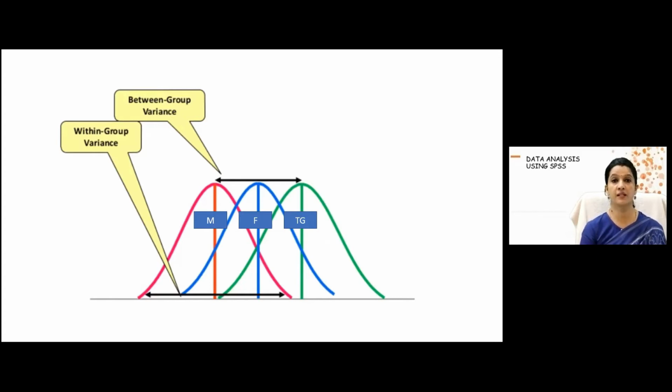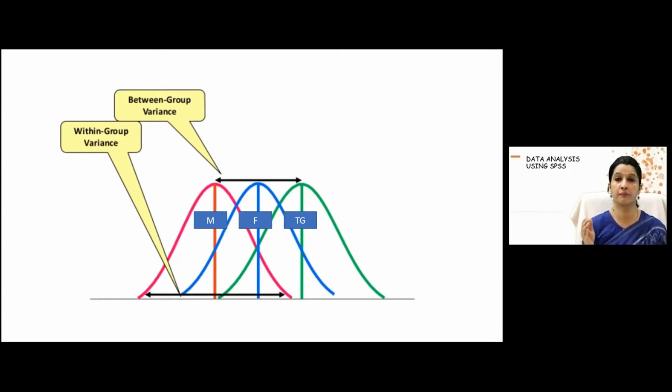The variance is basically the difference of the individual value from the mean, and if you total that up, that is the variance. The square root of that we call the standard deviation. That's why the square of the standard deviation is the variance. So if you apply that similar concept here, you can say that there are 3 groups, so there will be differences between the groups.